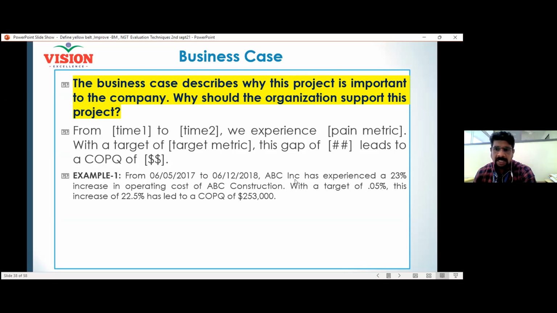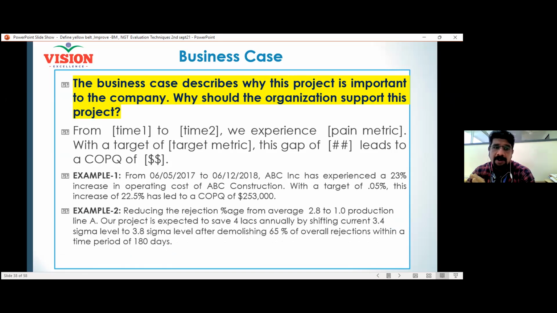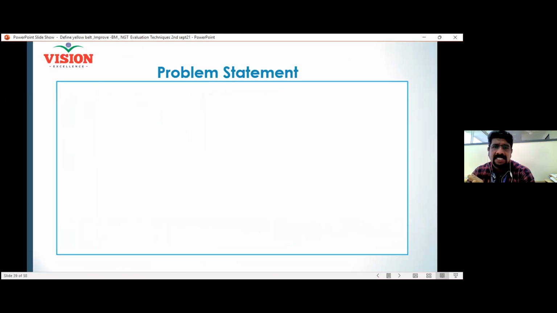Okay, they have experienced a 23% increase in the operation cost. So to reduce the operation cost, we are doing this project. So if you are able to reduce the operation cost with the target of 0.05%, then it will reduce the COPQ. Okay, so in the project charter, the first important element is the business case. Regarding the business case, you have to provide this information. Then